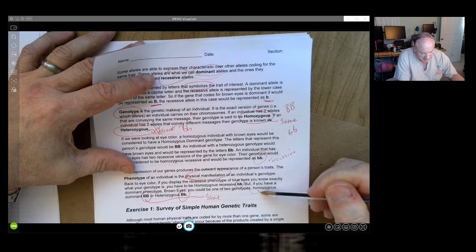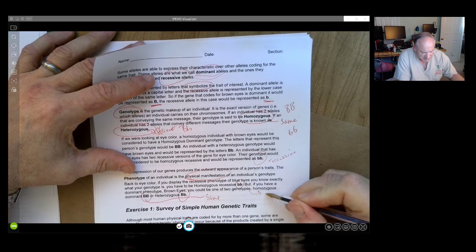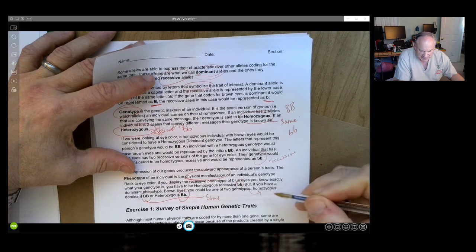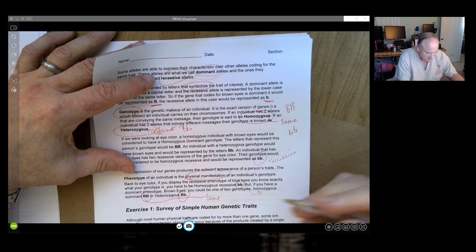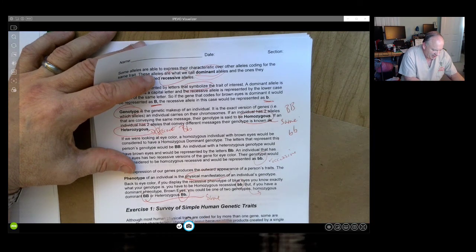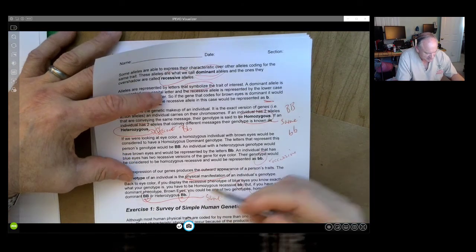Little b would be expressing a homozygous recessive trait, and phenotypically that would express as something different. Because of the dominant gene, excuse me,